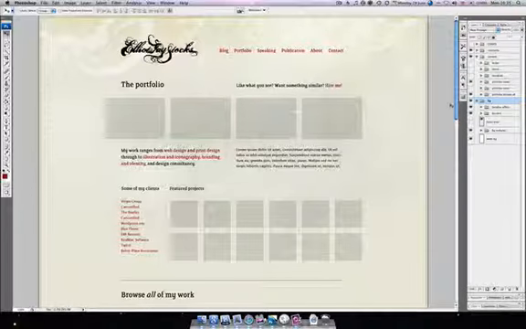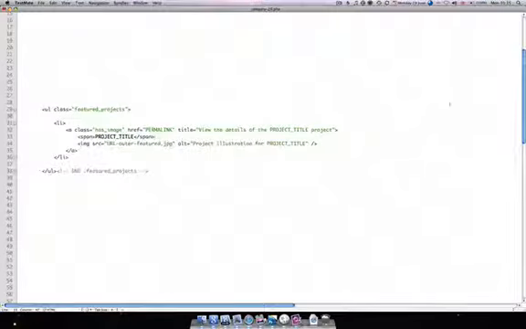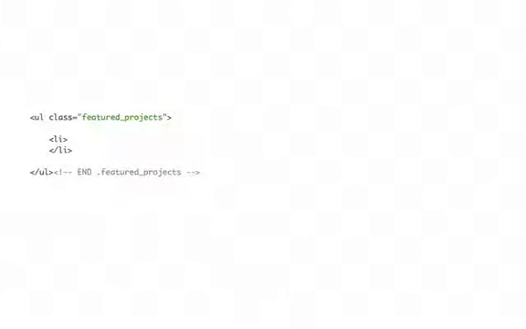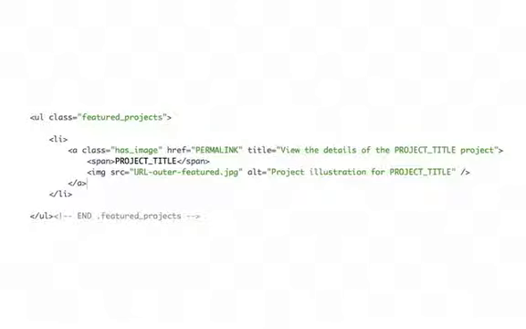Let's start off with the featured projects that appear at the top of the page, this list of 4 items. This is essentially how the HTML looks. I've made my text nice and big here in TextMate for you, so hopefully you should be able to see that. So we start off with an unordered list which has a class name of featured projects, and then within each list item we have essentially a link which links through to the permalink of the project. We have the title, just so